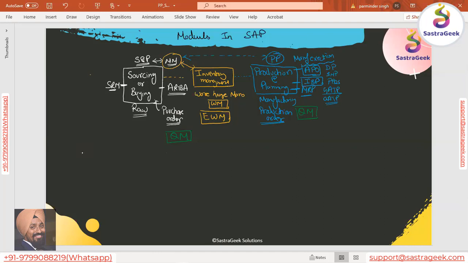Another module would be PM, plant maintenance. Okay, now the new name for this is Enterprise Asset Management, EAM. PM and EAM are both the same thing. PM is the name in ECC. EAM is the name in S4HANA, Enterprise Asset Management.